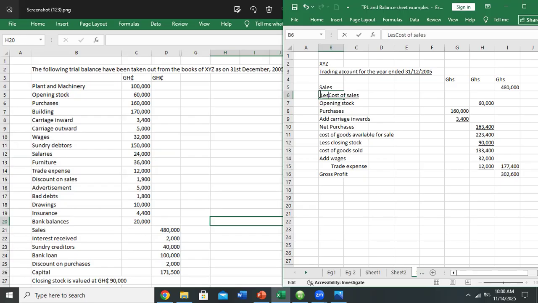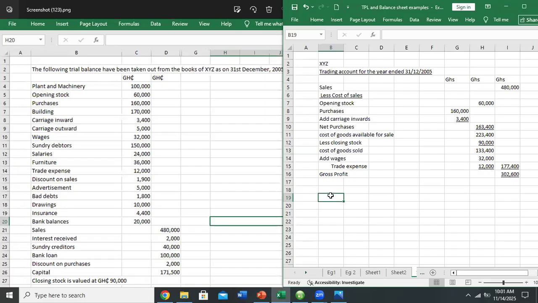Please, how many of us got this correct? Okay, Portia, and who else? Okay, Austin. So the rest of you, if you made errors, what were the errors? Please, Professor Fifi and Professor Bright, add your surnames to it, okay? I'm begging you, so that I can take attendance. Prof. Josephine, what was the confusion? Where did you make the mistake? Yeah, please. I forgot to add the trade expense.